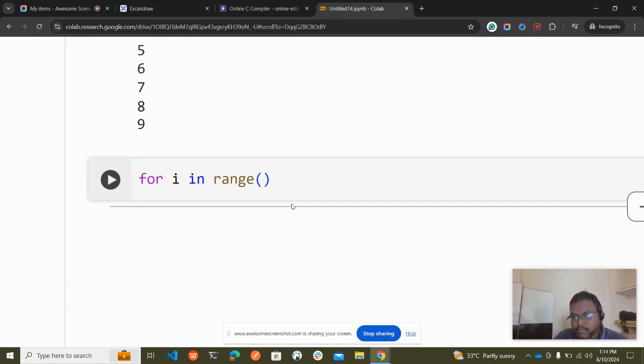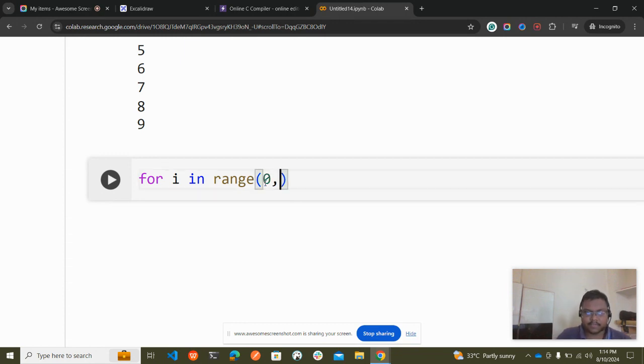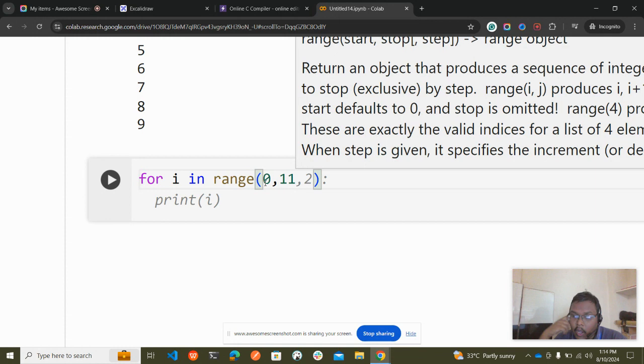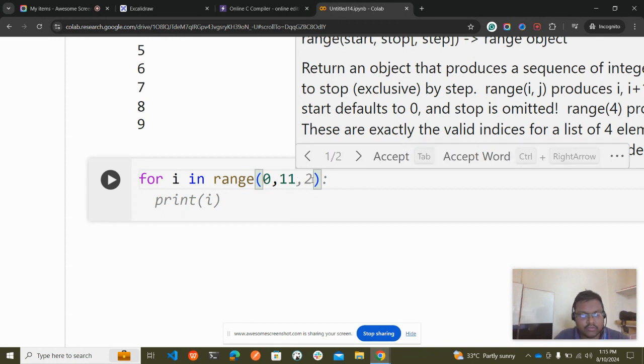What I do is, the first even number is 0, so the initial value is 0. Till 10 means it should be inclusive. That 10 has to be included, which means I need to take the inclusive plus 1, so 10 plus 1 is 11. How many positions should I jump for every positive even number? Two positions. Like 0; 1 we need to skip because it is an odd number; 2 we need to take because it is an even number. Again we need to skip one number, and again take the next number, which is 4. So let me take the two jumps.